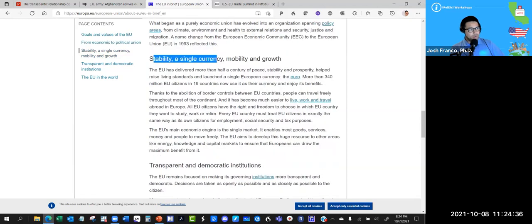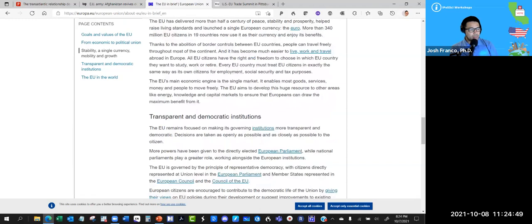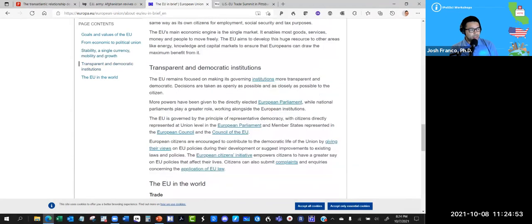So with that, they moved to a single currency, which made a very significant difference. It wasn't now just moving people and goods and having to trade your francs for your pound or whatever currencies. They all have a euro that they work with. And that really facilitated the transactions and the engagements between these countries.